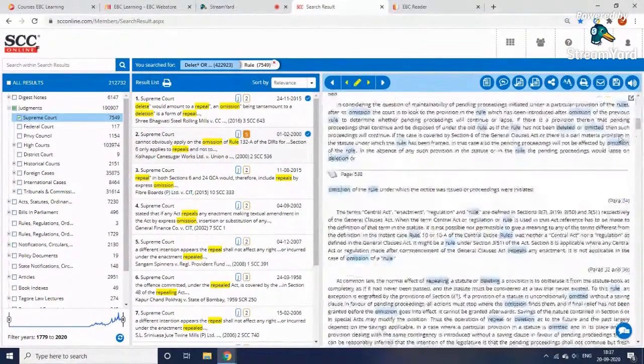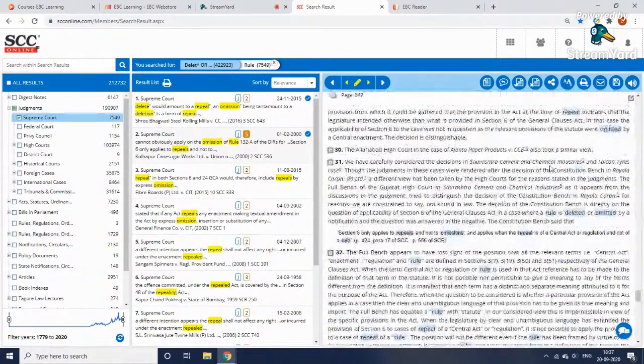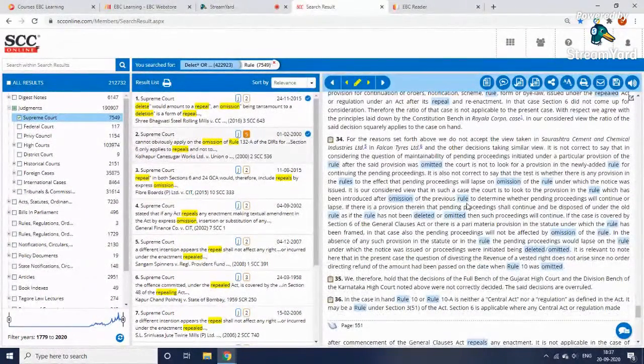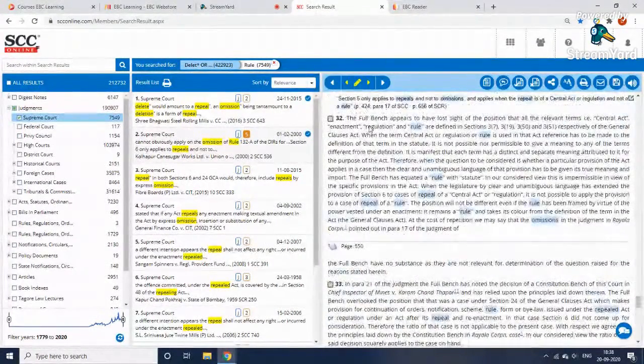Now, coming to this panel, you can of course read the judgment now, but the one advantage is that you find a particular paragraph which is the most relevant, and your senior at your office or your friend in the moot court competition needs the particular judgment in succinct. He or she does not need the entire judgment copy, and then you point out the paragraph, and then he has to open the judgment copy in PDF and read it. The best way is that